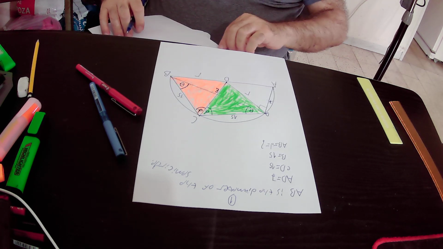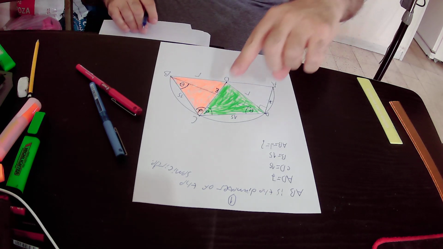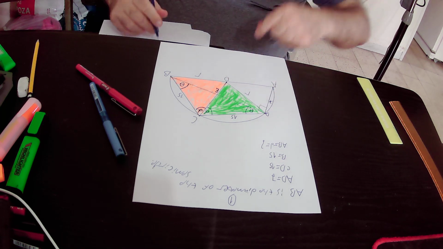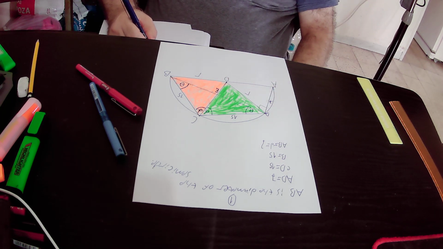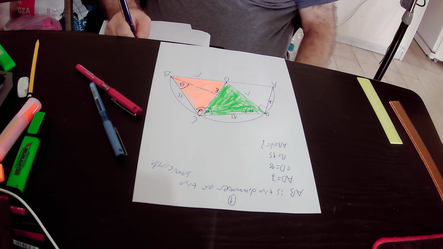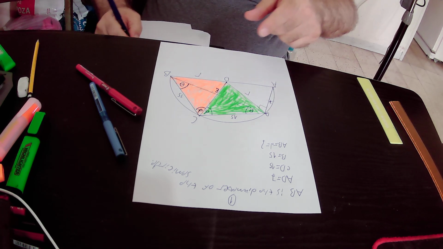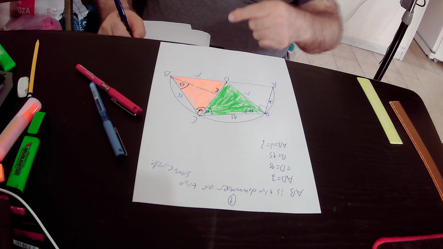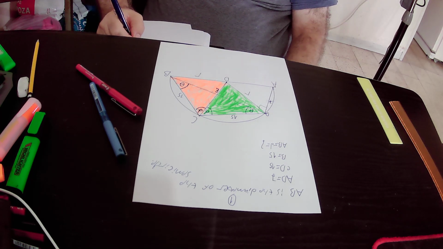So we will focus on those two triangles. Side DC of the green triangle is equal to side CB of the orange triangle. Both those two sides are equal to 15 units, and also